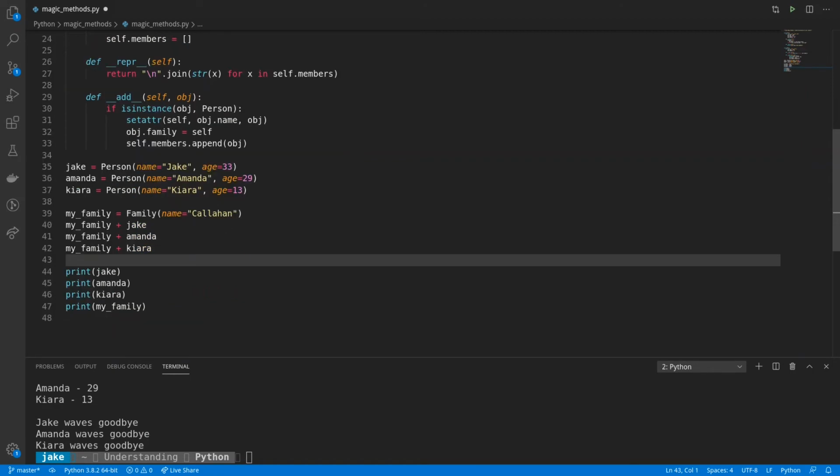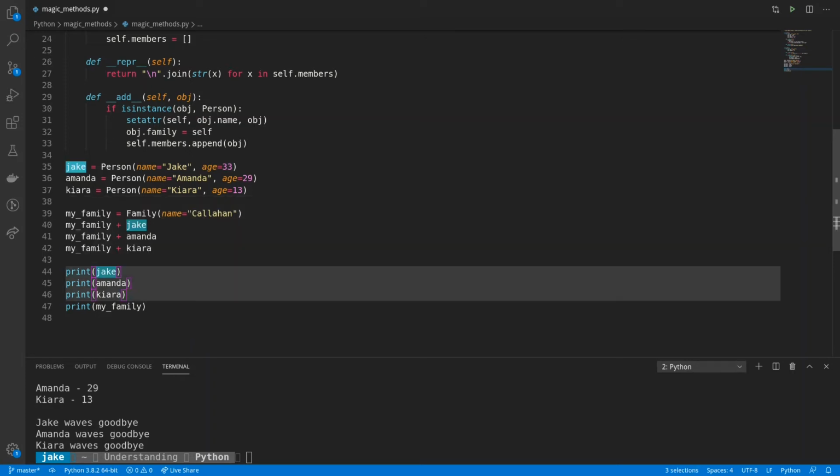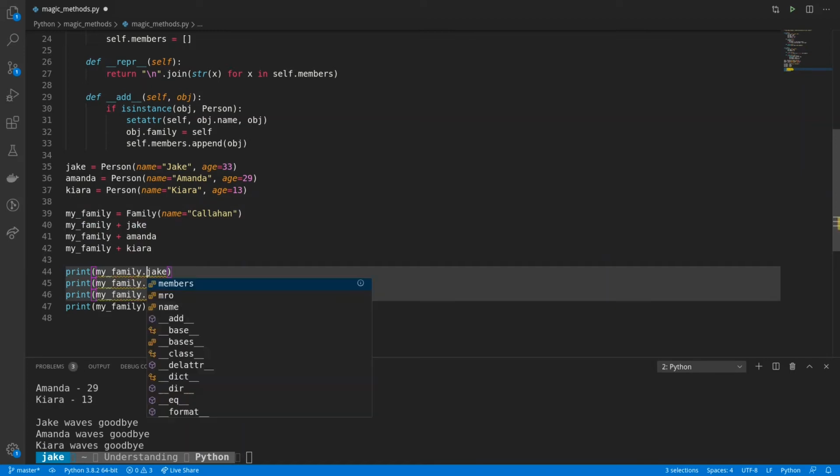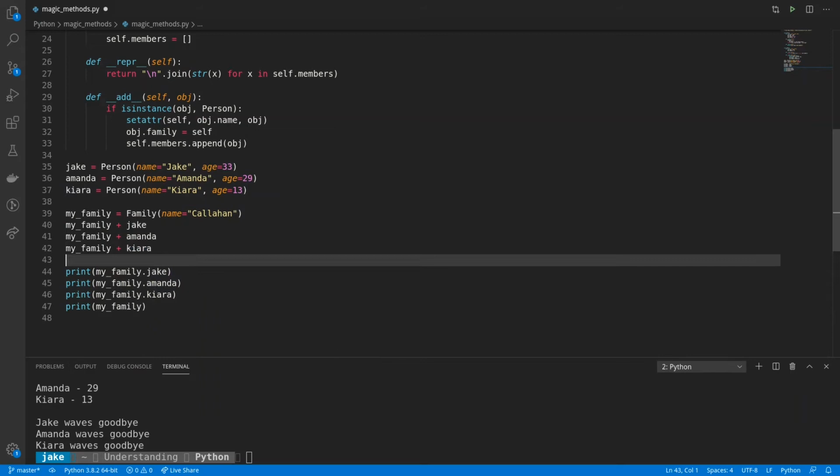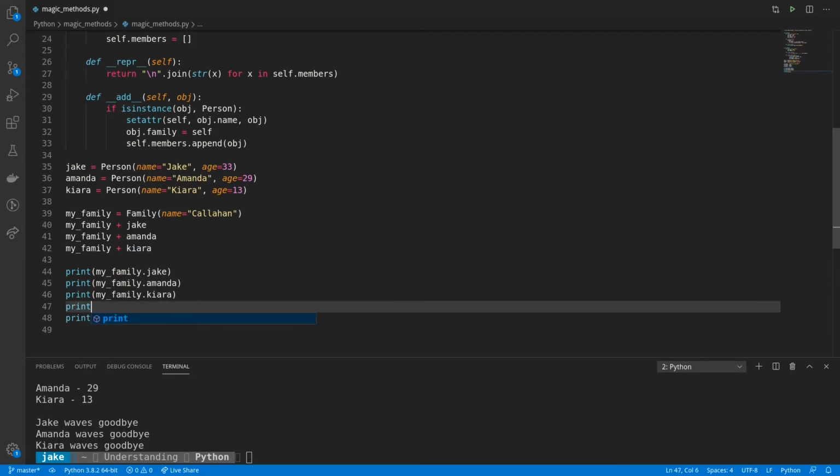Now down below in our print statements, instead of just printing out Jake, Amanda, and Kiara, we can prove that they're a member of my family by accessing them with the dot notation. So my family dot Jake, Amanda, and Kiara. We can also print with an F string, Jake's family, and then say